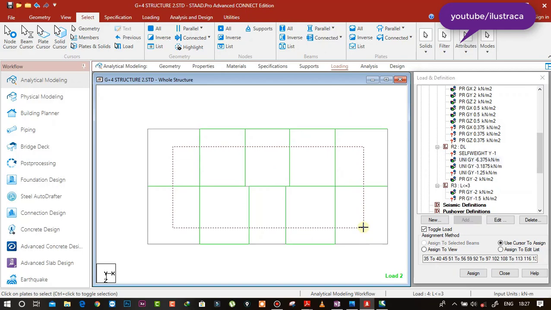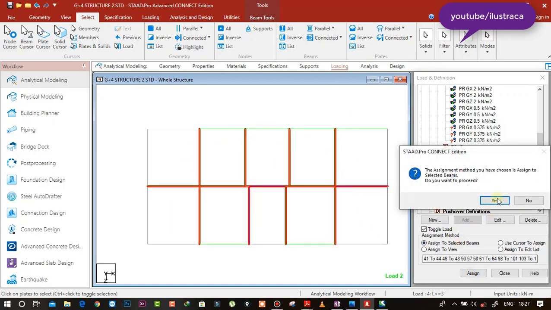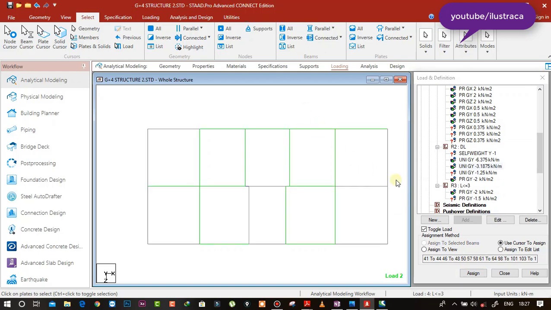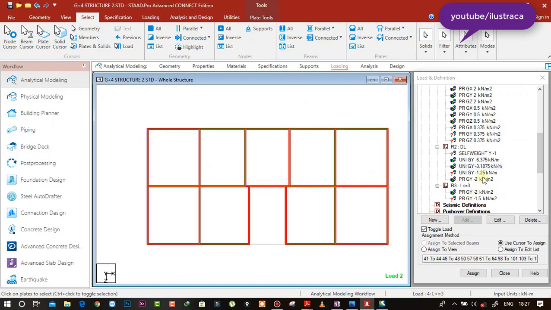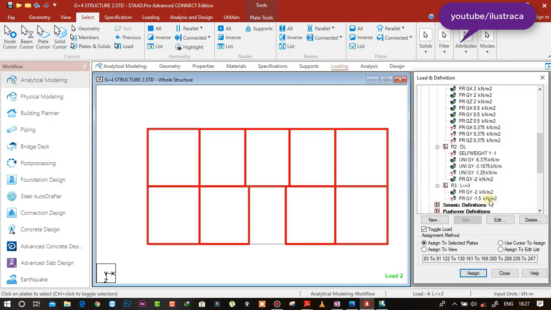Now select these inner beams and this load, toggle load, assign to selected. Now select the plates, this one, assign to selected plates, assign toggle load, yes. We are going to remove this also, assign to selected plate, assign.